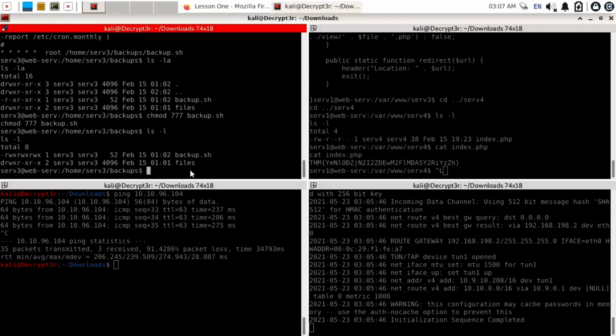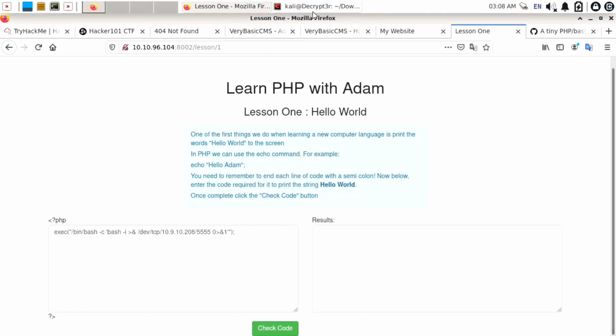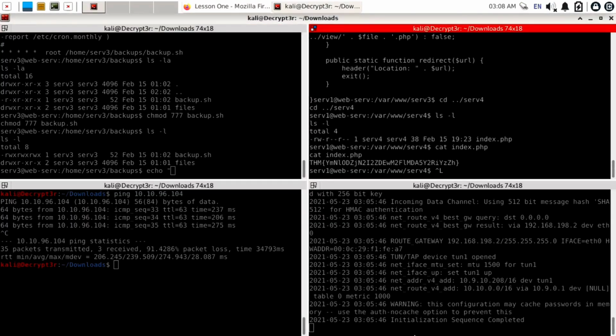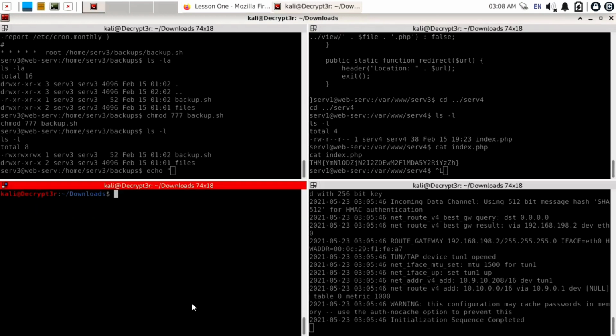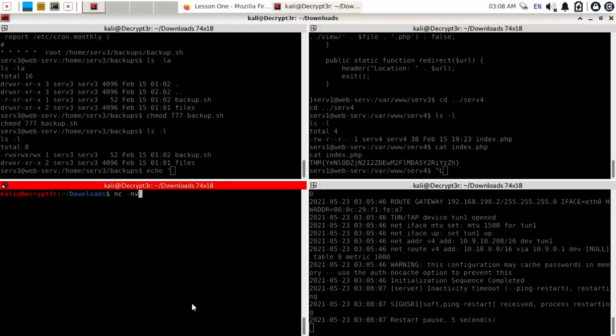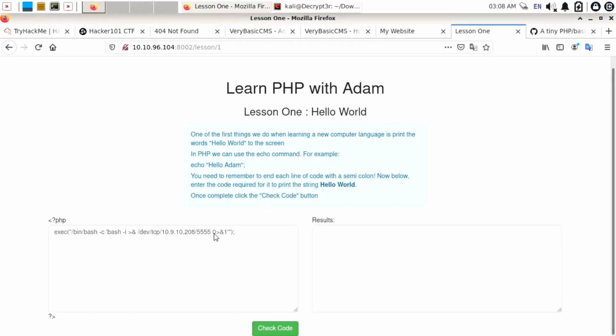Now let's try to inject our reverse shell by using the echo command. So use echo here, and thereafter use a double inverted comma and copy and paste our payload. Before that, start a netcat listener, because this command will execute every 1 minute. So I will start a netcat listener on port number 6666, and let's copy and paste our payload. Copy it from /bin up to one single inverted comma. Let's change the port to 6666.